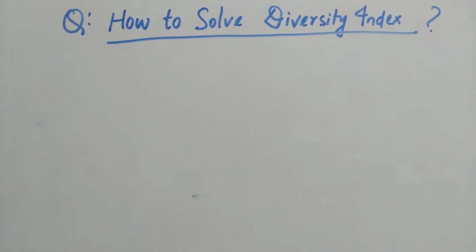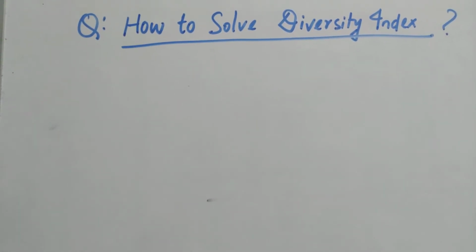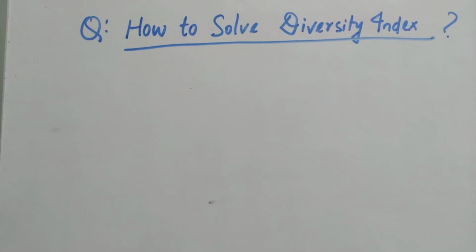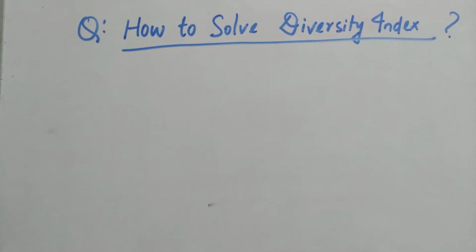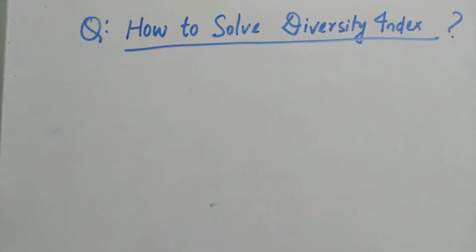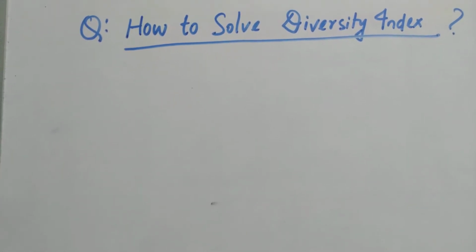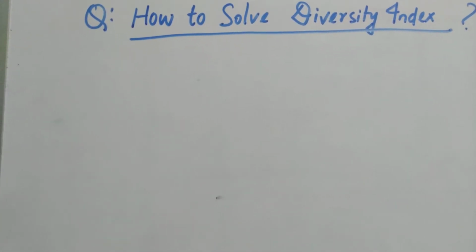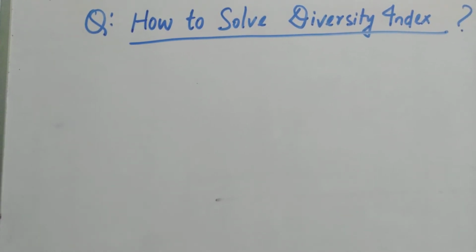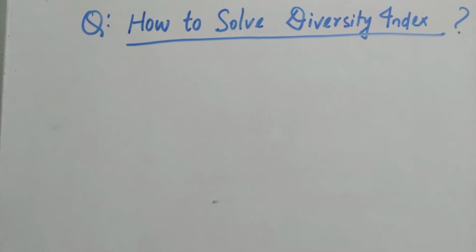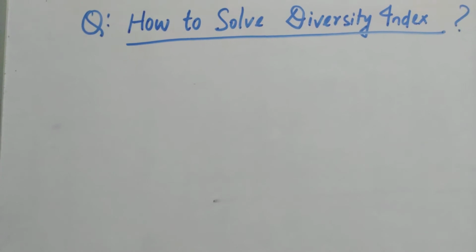So this is diversity. There are basically CSIR questions in life science, and we can find some questions from the diversity index. Generally the population would be given, the number of individuals in a particular area would be given, and the number of species would be given. You just have to sum all those and find one particular value, and from that see how you can solve different varieties of diversity index.